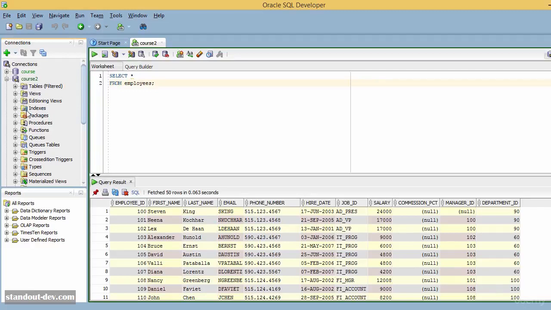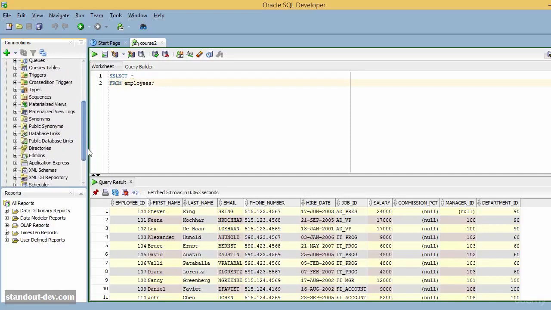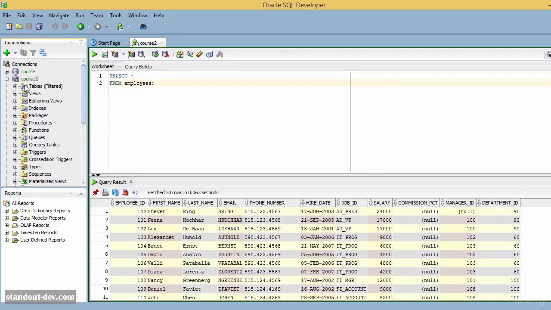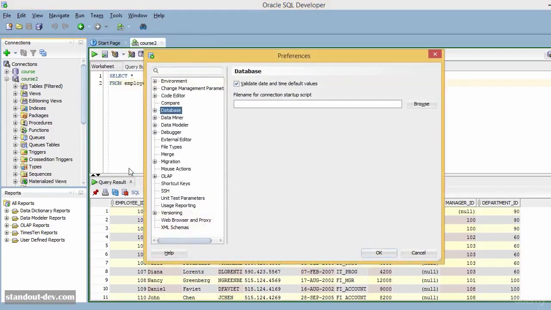For example, if I'm looking for a type, first I need to find the types node here, among all of these nodes. But if you don't use all of these types of objects, and you know you don't really need to see them here, you can make SQL Developer show you only the ones you use. To do that, you need to go to Preferences,